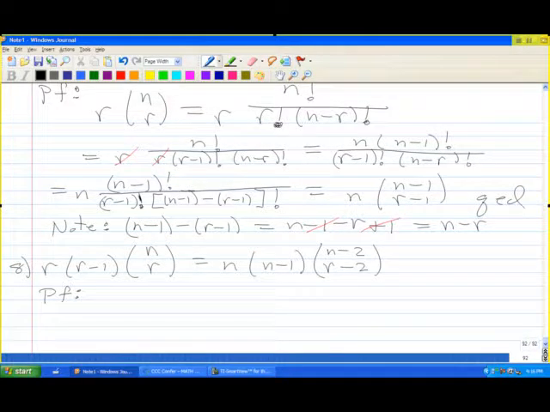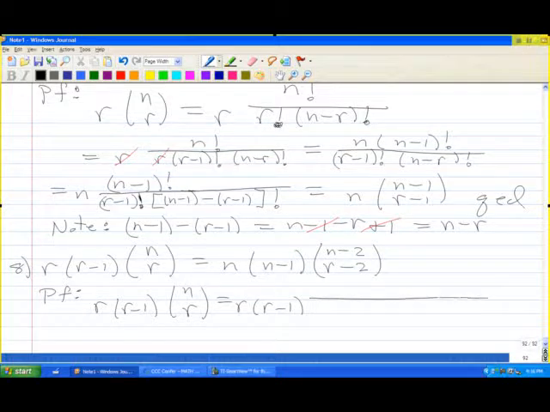It will be very similar to the previous proof. And so r minus 1 times nCr, by definition, nCr is n factorial over r factorial (n minus r)